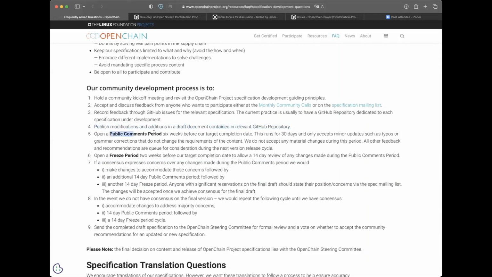The public comments are really just to catch typos and so on, unless there is a huge issue which is brought to our attention. The freeze period is just where we look at literally the typos and other issues and integrate them in the document. It's a very slow, steady process. And it's very clear what we expect during each point.